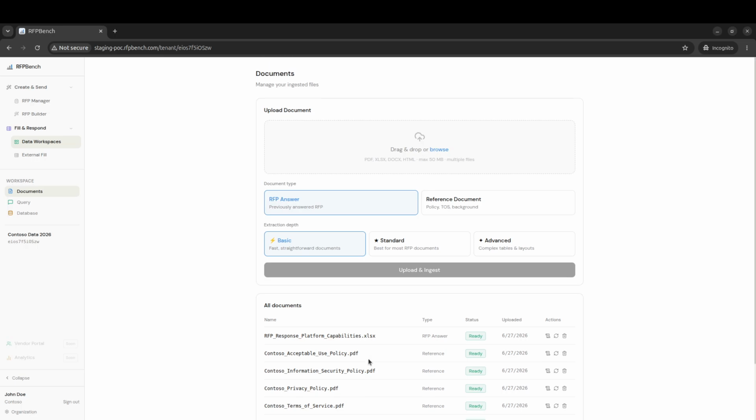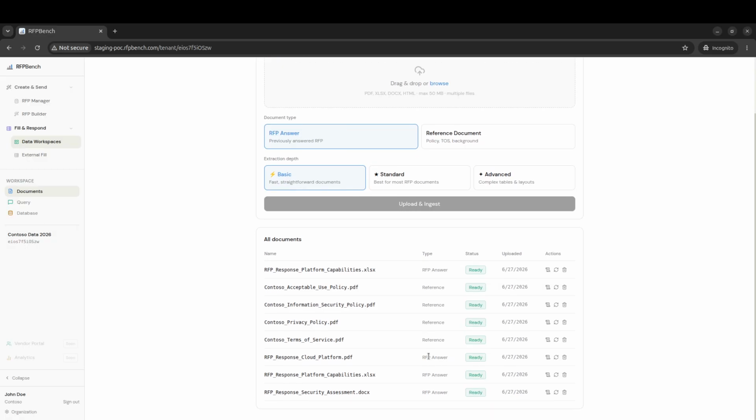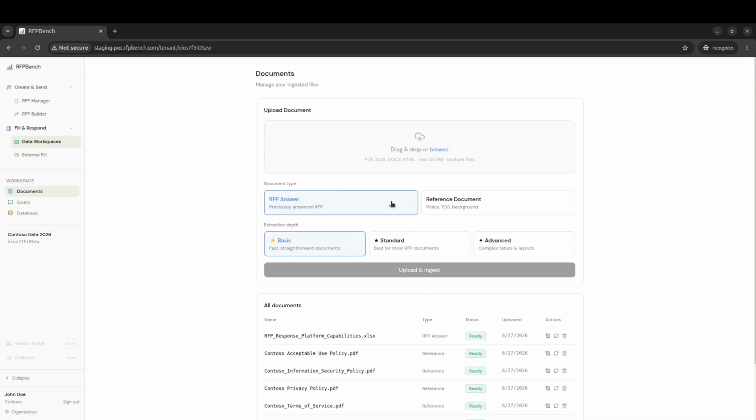And notice the files are separated into two groups. RFP answers, meaning previous RFPs you've already responded to, and reference documents that support them. When you upload a file, you choose one of two document types. Select RFP answer if it's an RFP you've already completed, typically a set of question and answer pairs you have